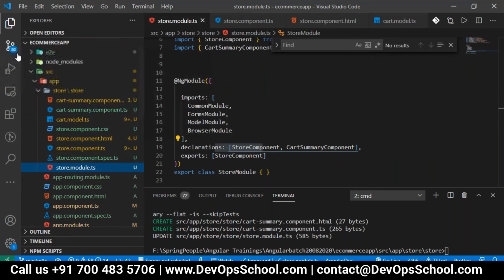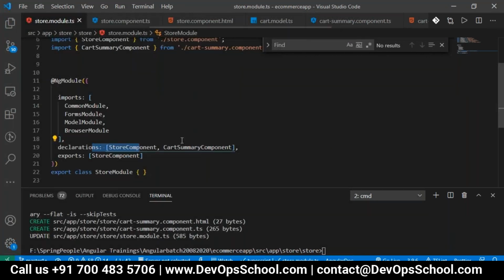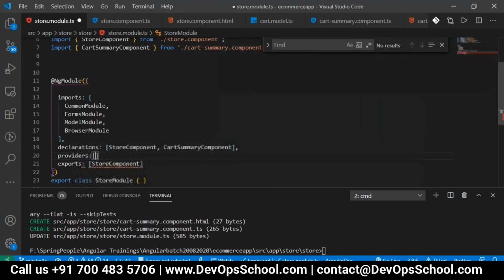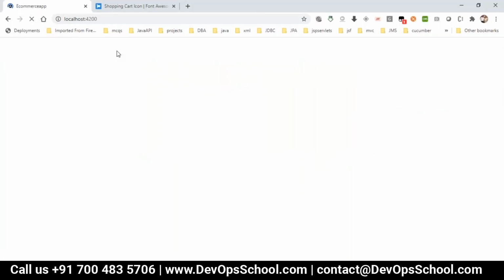In the store module TS, you have to use providers and give it here. That's what null injector is. So we have to import here cart. After that is imported, just let it reload.